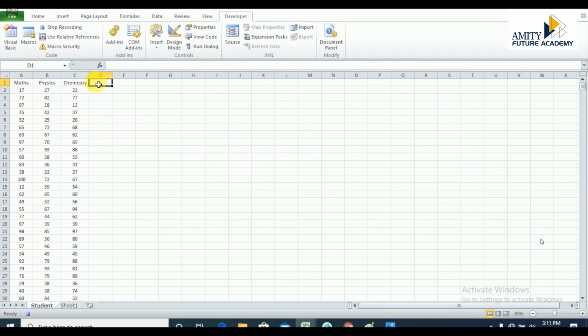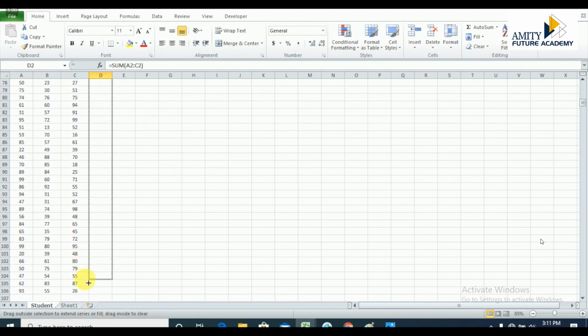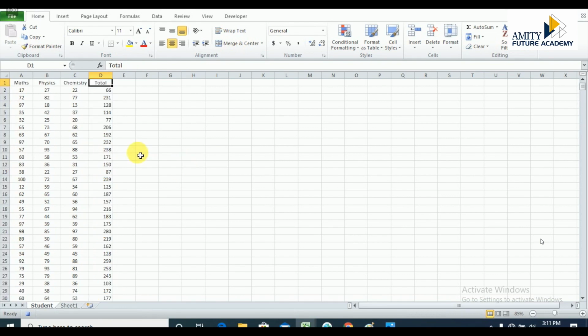We'll create a new column, that is total. We'll go to home, just click on auto sum. For the marks of these three subjects, you click on enter. You drag and drop till the last entry so that you'll get the sum or total of three subjects for each and every student. We'll create a next column,